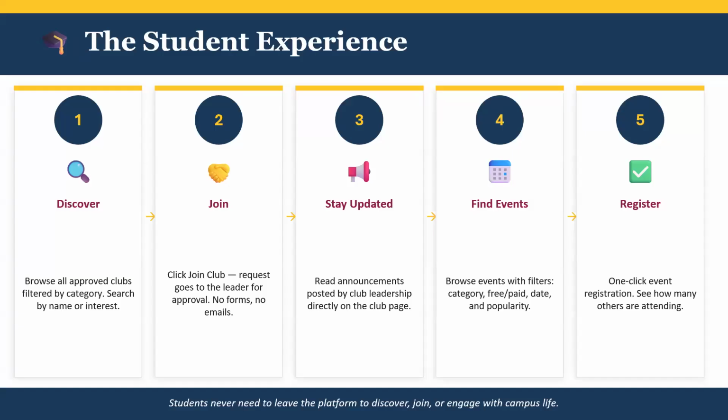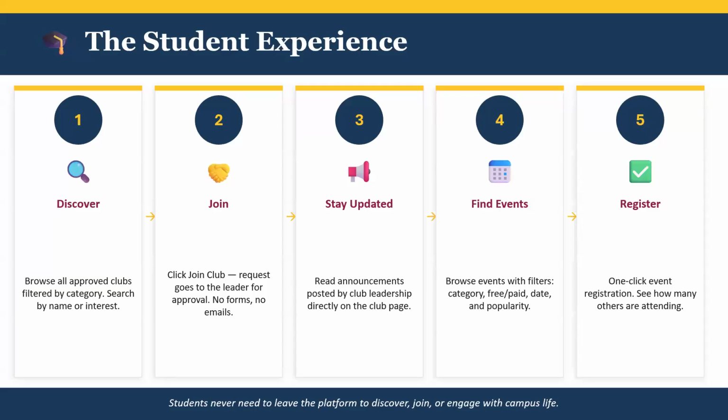Then next we'll get into the student experience. For a student, the journey has 5 steps. They browse all approved clubs and can search by interests. And then they can click join club and request to go straight to the leader. This way everything's on the website and there's no other outside resources needed. And once they're able to join a club, they can read announcements posted directly on the club page to stay